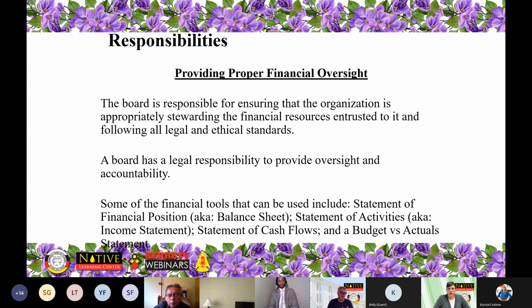They're going to be looking for financial oversight and guarantees on their end that the board has the wherewithal, the ability and the capacity to provide financial oversight in every way, shape, or form. So boards are ultimately responsible for the successful financial oversight of the organization, including day-to-day activities, which are going to be reported to them, of course, from staff,